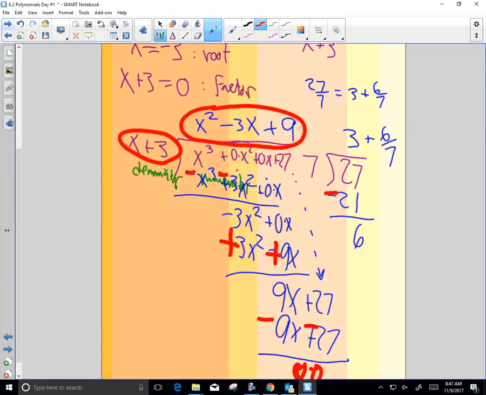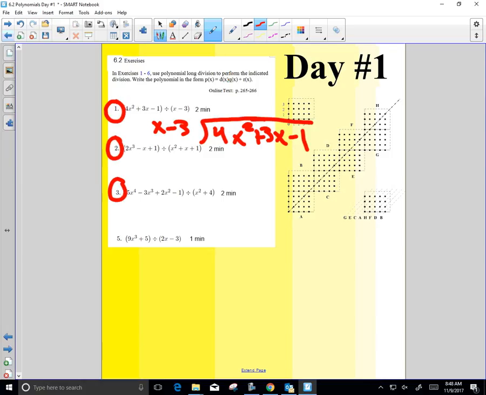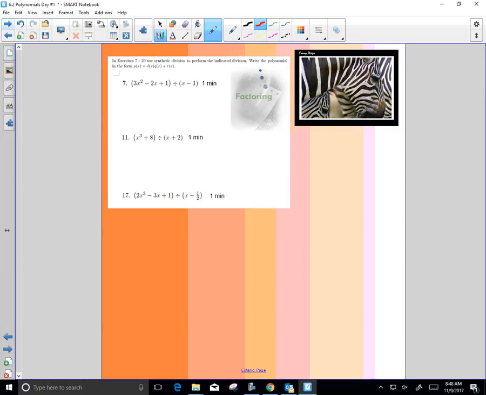So if you have a problem like this number 1 here, you're going to take x minus 3 and divide it into 4x squared plus 3x minus 1, and do that with long division. Your assignment for Monday is going to be to do these 4 and these total 7. I want you to do 2 of them with long division, and then the others,